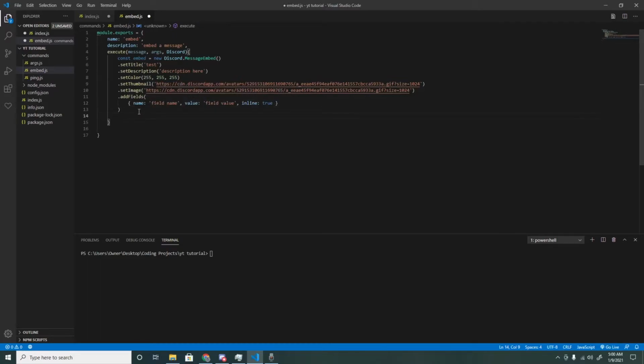So now we are going to set author, which is a name and picture at the top left of the embed. So the first thing you will put in is the name. So I'm just going to say read codes. The next thing is the icon URL. So I'm just going to use this link again, and that will be the image at the top left of